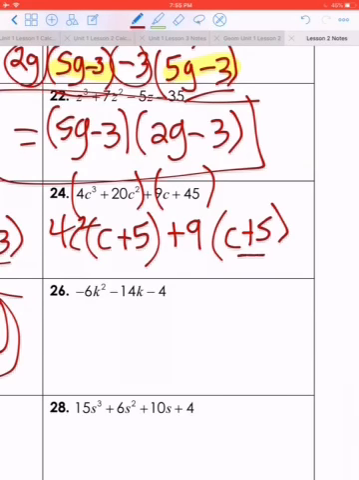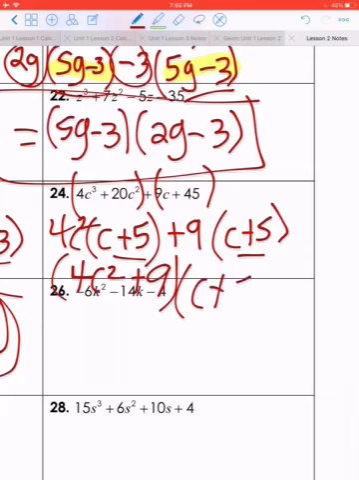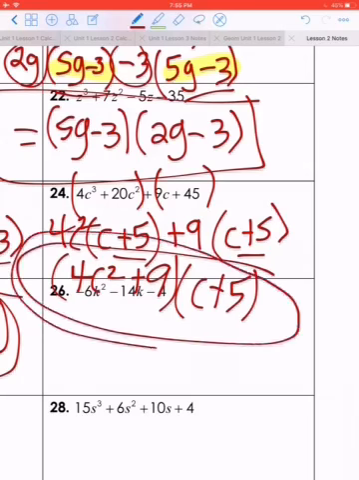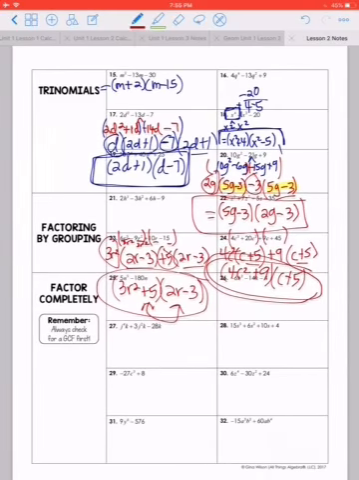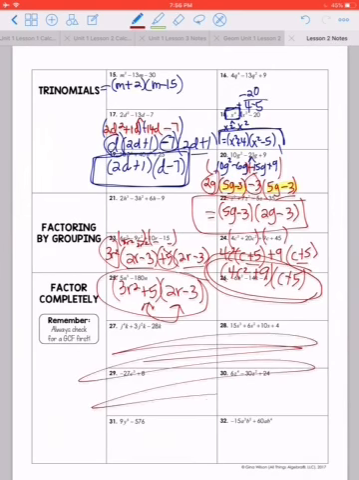Okay, so these both repeat. So we'll have 4c squared plus 9 times c plus 5. Okay, and you could have those binomials reversed. Same correct answer. Okay, so the rest is just a mix of all different kinds of factoring, and I'm probably going to pick a few for your warm-up, so we're just going to skip that because it's a mix of